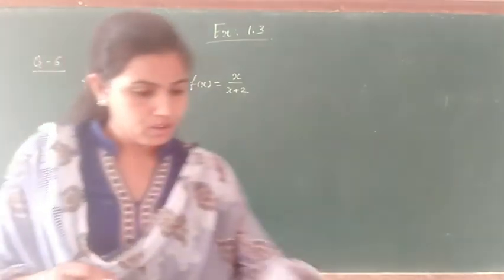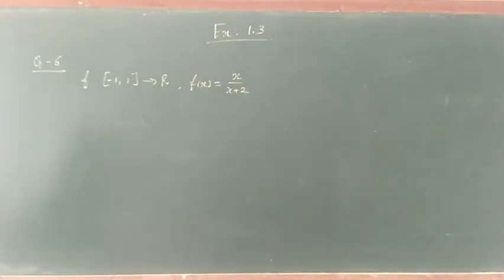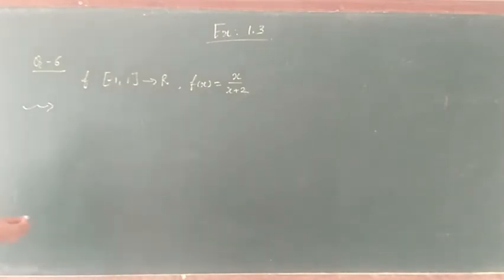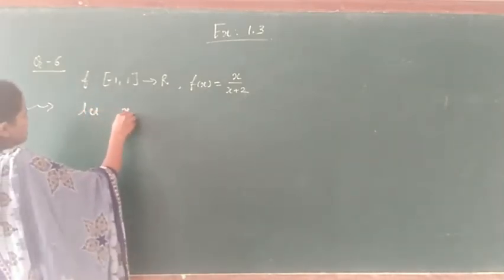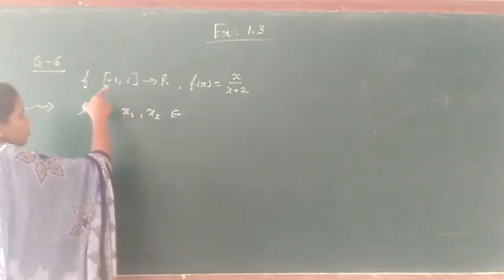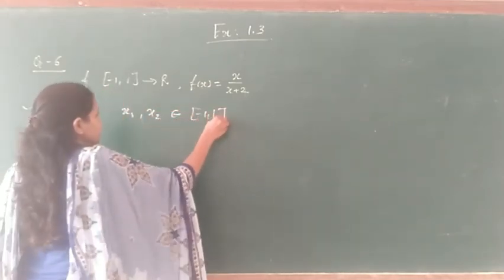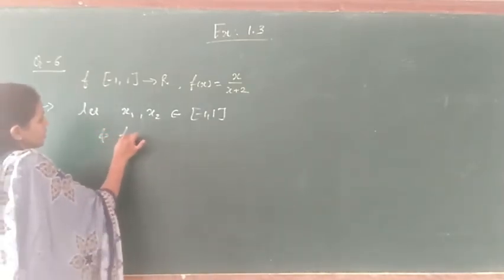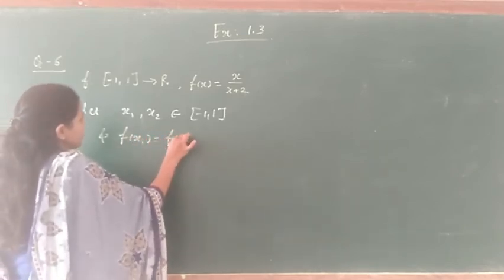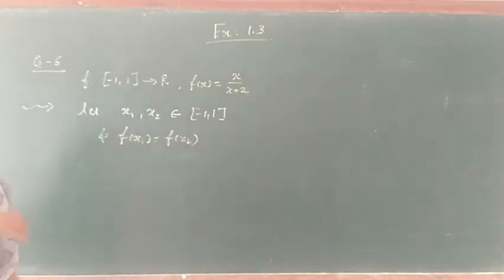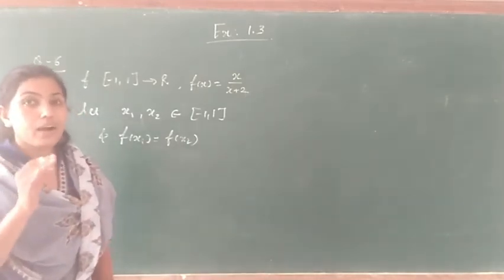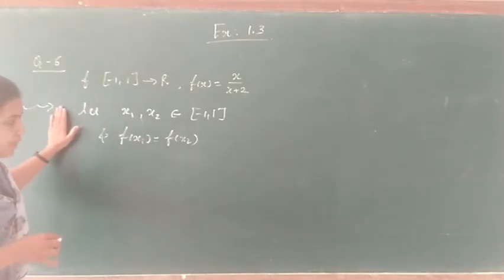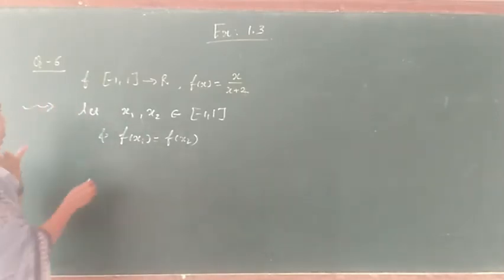Here we have f is 1-1. So now again students, please recall the definition of 1-1: if we consider two elements x1 and x2 which belong to the domain, that is the closed interval -1 to 1, and we consider f of x1 equals f of x2, then we will show that x1 equals x2. अगर हमने x1 is equals to x2 दिखा दिया, that means कि हमारा function 1 1 है, otherwise it is not 1-1. So let us show this.